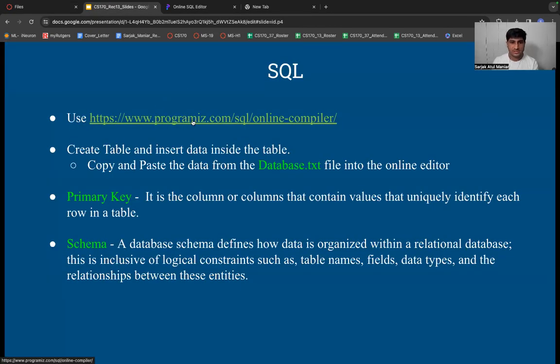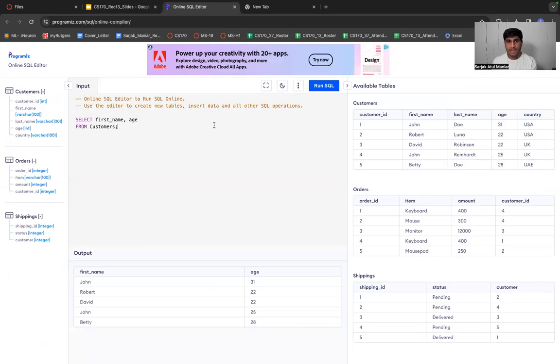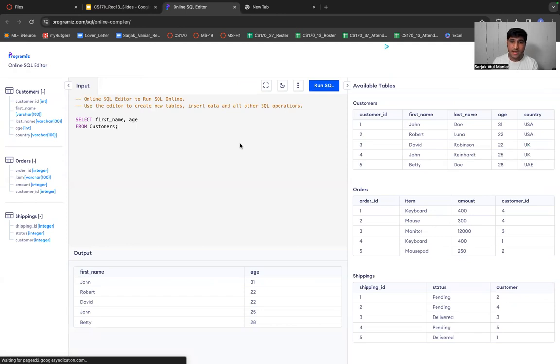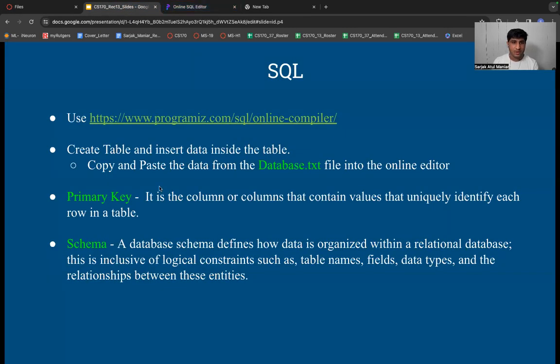And just click on this site, so it would look something like this. If you remember, we used a similar type of online editor or compiler for our JavaScript series also, right? So this is nothing but an online SQL editor. Over here, you can write your SQL and perform different kinds of operations. It has built-in tables, which you can see on your right-hand side, right? So let's get the look and feel of what basic SQL code looks like. Okay, cool.